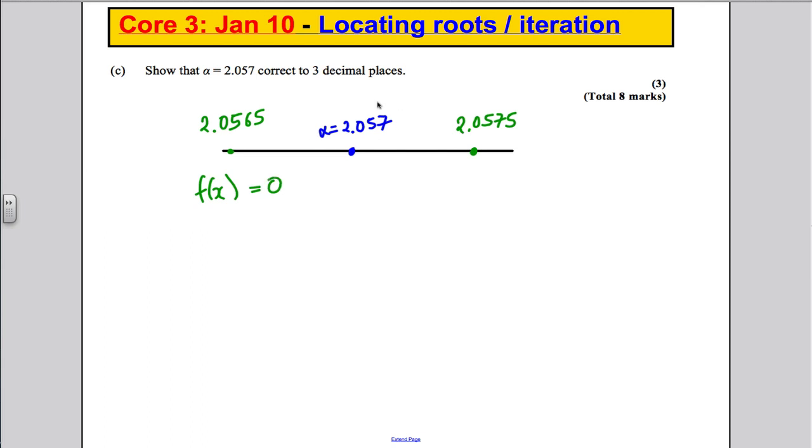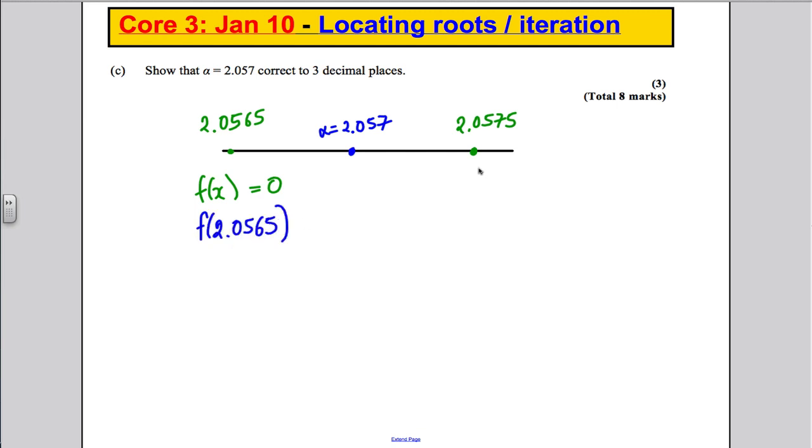You're going to put the smaller amount into the equation, and the bigger one into the equation. Hopefully there'll be a change of sign. If there's a change of sign, then there is a root between here, and therefore this is the correct root to 3 decimal places. So we are going to work out f of